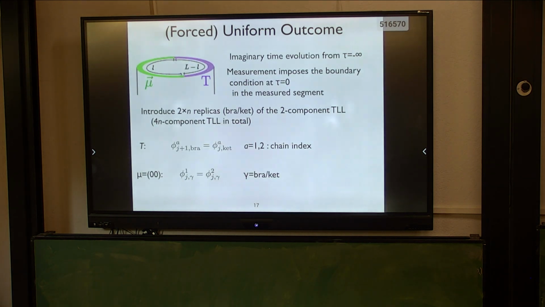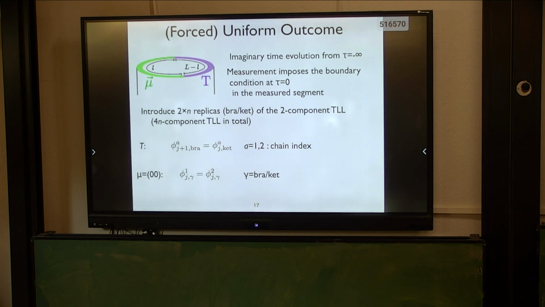And okay, so now I can come back to my own problem. So we have two chains and do the Bell pair measurement in only one region and don't touch the rest of the system. But after doing the measurement, two unmeasured segments are now entangled with each other. And we can solve this problem by a similar trick.